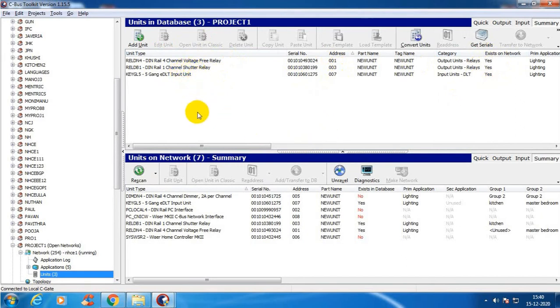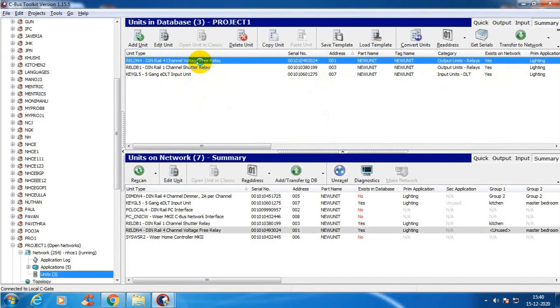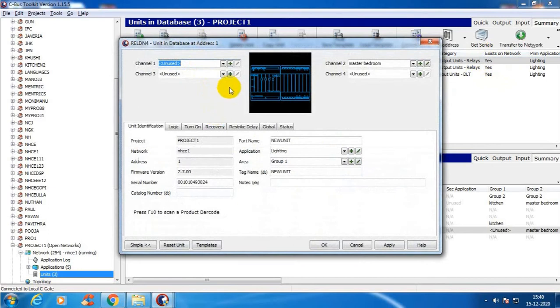So here, how I can see the settings. See here RELDN4, it is meant for master bedroom, so it is available in channel 2. I have chosen these things as unused: channel 1, channel 2, channel 3 and channel 4 are unused ones.